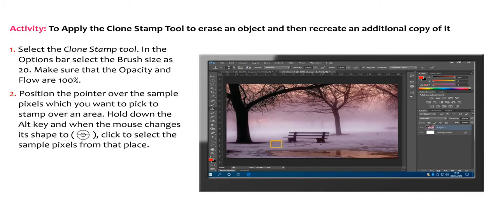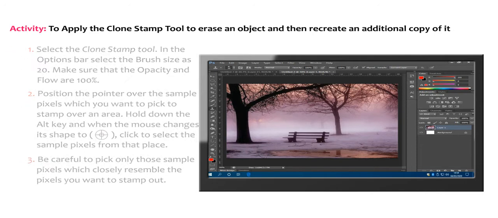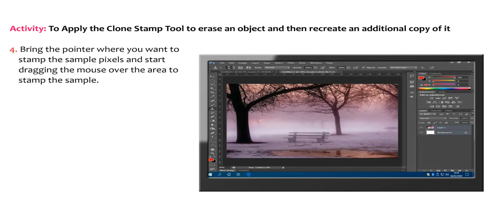Position the pointer over the sample pixels which you want to pick to stamp over an area. Hold down the Alt key, and when the mouse changes its shape to this, click to select the sample pixels from that place. Be careful to pick only those sample pixels which closely resemble the pixels you want to stamp out. Bring the pointer where you want to stamp the sample pixels and start dragging the mouse over the area